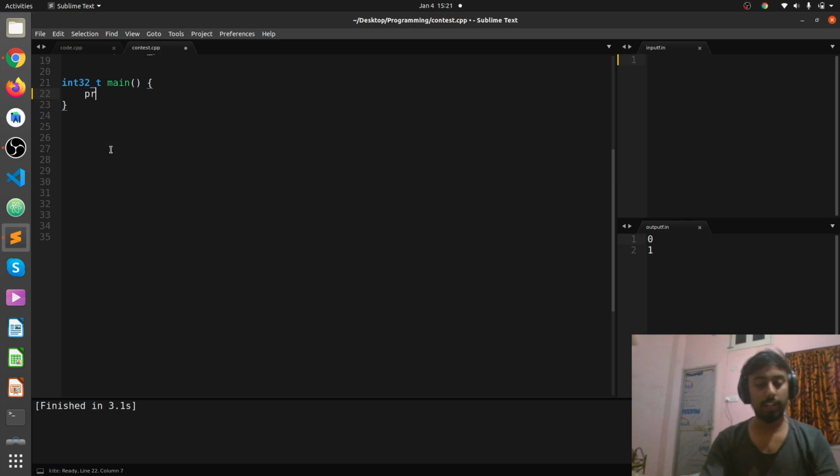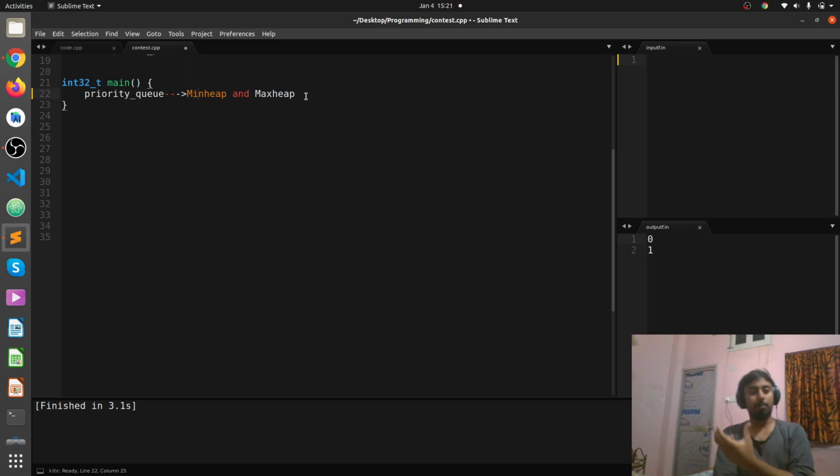Priority queue is actually of two types: min heap and max heap. The min heap will contain the smallest element at the top of the priority queue, and the topmost element of the max heap will contain the maximum element of the priority queue.